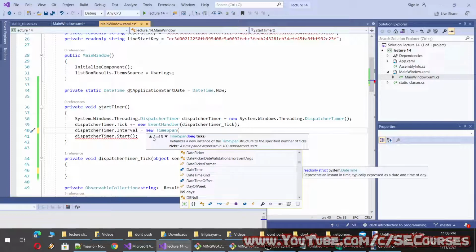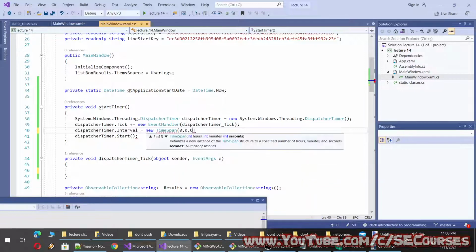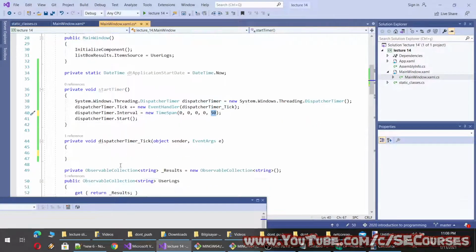So it can take long ticks, it can take nothing, it can take hours, minutes, seconds, it can take days, hours, minutes, seconds, or it can take days, hours, minutes, seconds, and milliseconds. So to provide milliseconds, you see as I put zeros, it moves to next. I will be choosing 50. For each 50 milliseconds, it will update the dispatcher timer.